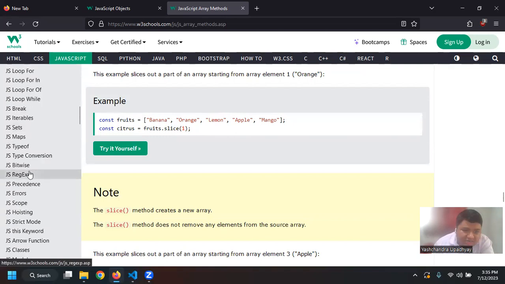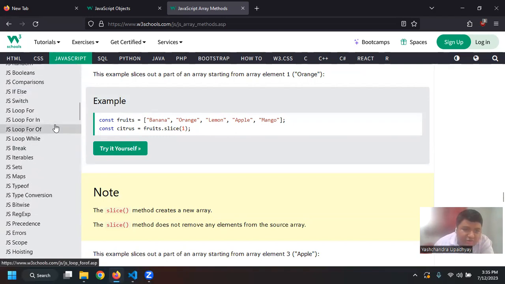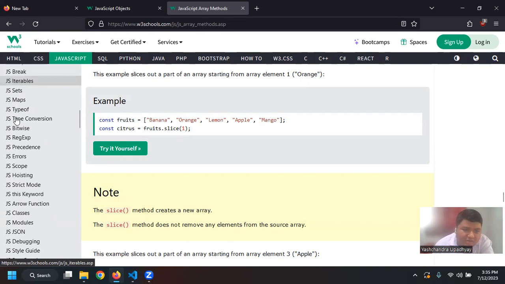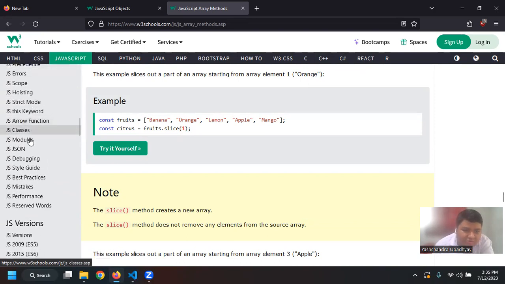So the next thing I want to look at: we looked at the condition, we also looked at looping. So various kinds of loops like for, for in, and also we looked at the while, and also we looked at what is break. We saw how it is iterating using the for loop. We saw the type of, so let's look at